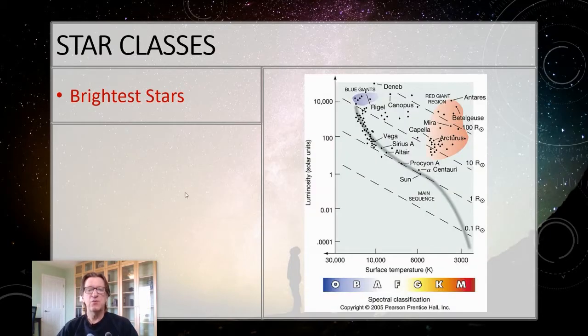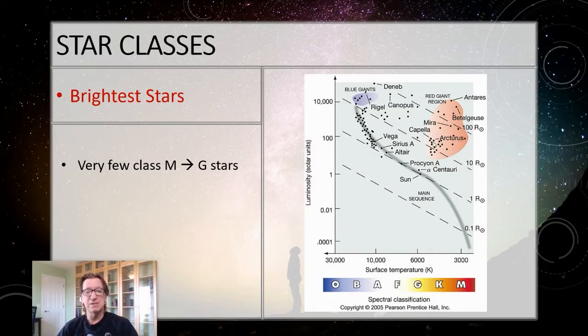All right, so if we plot the brightest stars in the sky on an HR diagram, so here's our luminosity, here's our surface temperature. And here we've put in the standard notation numbers to help you out a little bit. If we plot the brightest stars in the sky, there are very few M to G type stars, and you see almost none of them on the main sequence here. Most of the bright stars that we see are these A and B type stars. We don't see many of the O type stars just because there aren't any. They don't live very long.